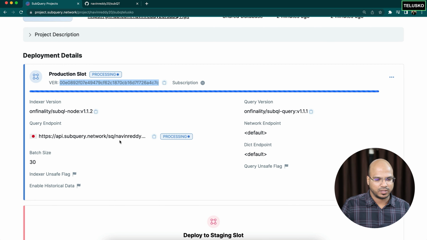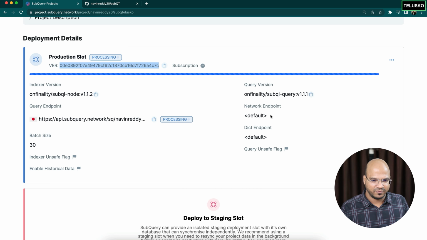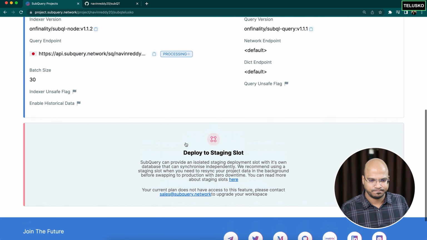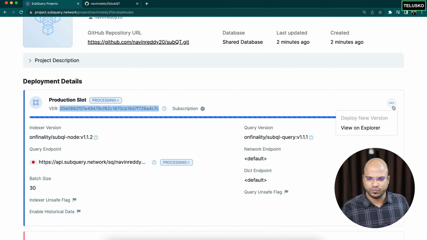And then it will give you the default query endpoint, which we have here. Again, it will not work now because it's processing. Once it is over, it will say, hey, it is available for you, so you can use it. As of now, we don't even have the endpoints mentioned here. So basically we have to wait for this processing to get over.